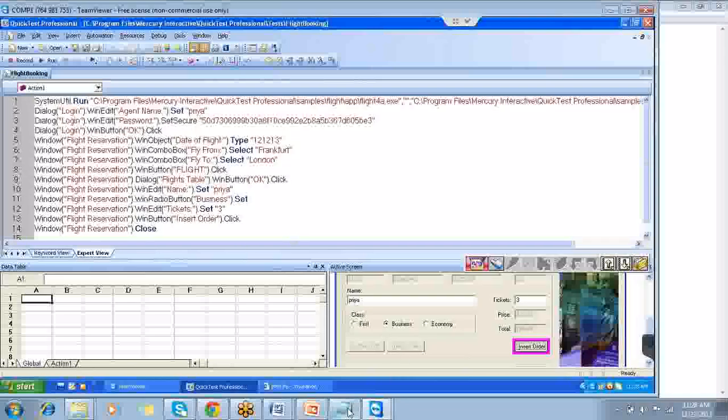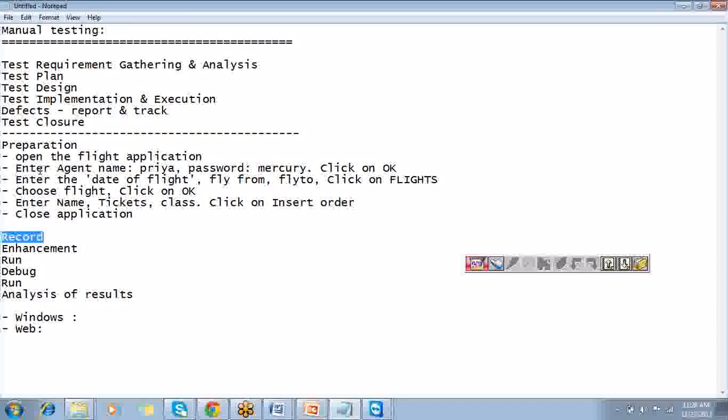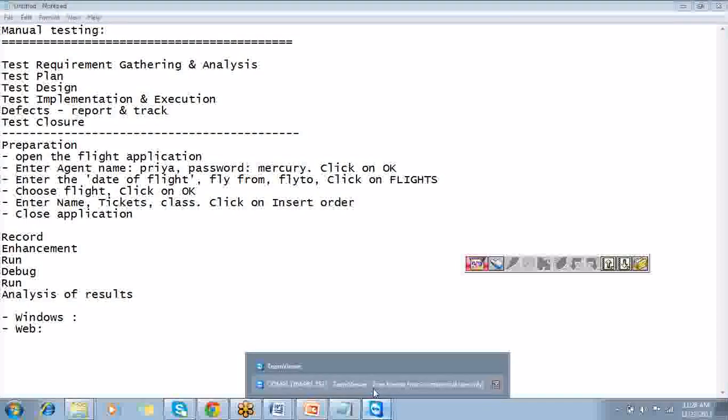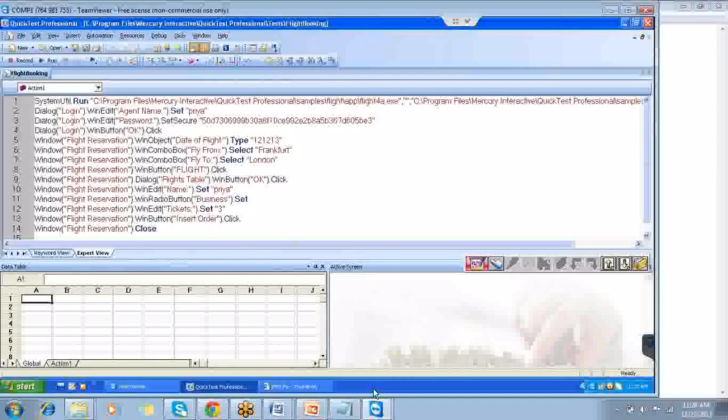Okay. Now let's see what is our next step. We did the preparation, we did the recording and enhancement. So there are a lot of enhancements we can do. Let's not jump into the major enhancements. Okay. We will try to do some small enhancements now. I will be telling you regarding one of the very good